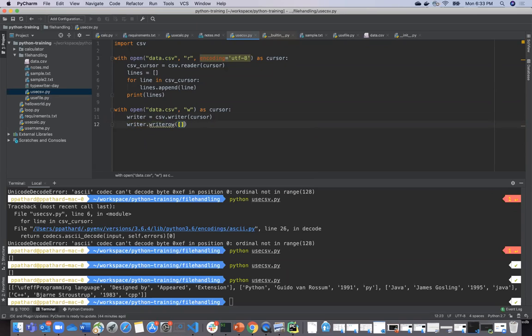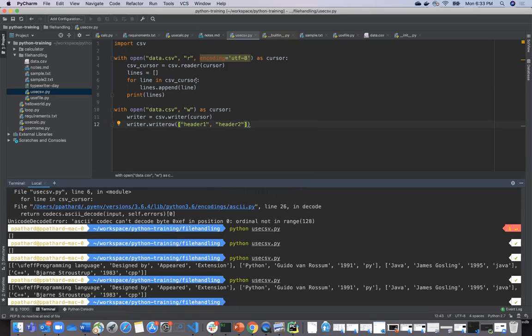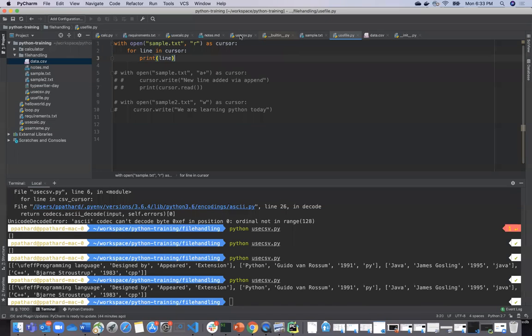In the brackets, you just pass the content like header 1, header 2. Now when I run this code, it dynamically updates the CSV file with header 1 and header 2, and this would be part of your content. So it is quite easy to write content into the CSV file.